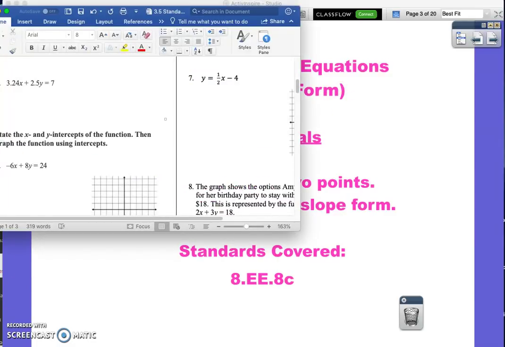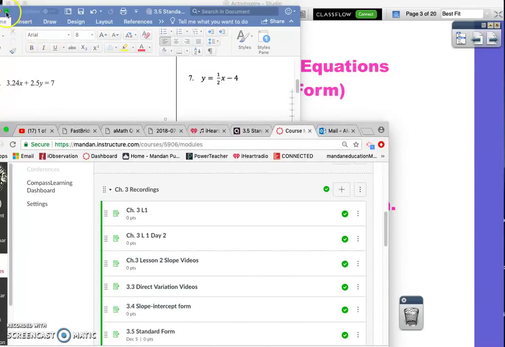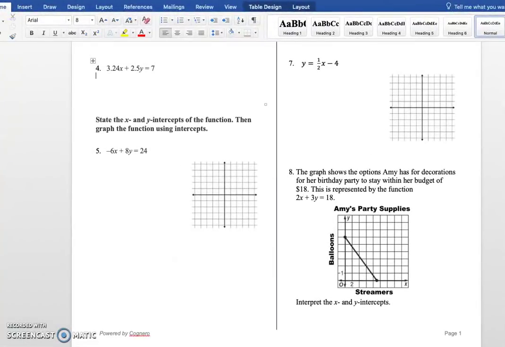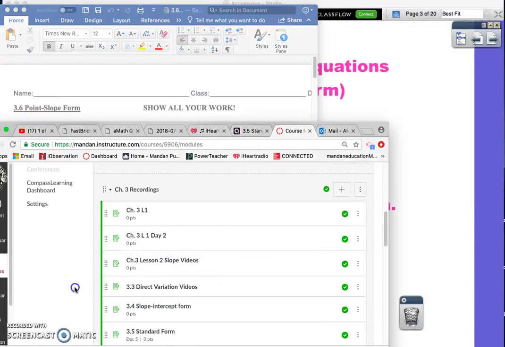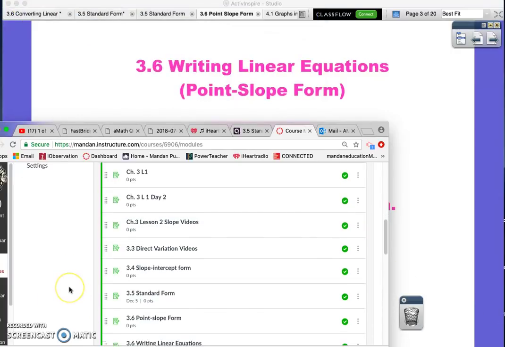Just a quick reminder on, don't look at that. Oh, nope. Oh, that's just the test we just took. Never mind, doesn't matter. On here, that's the test. On our